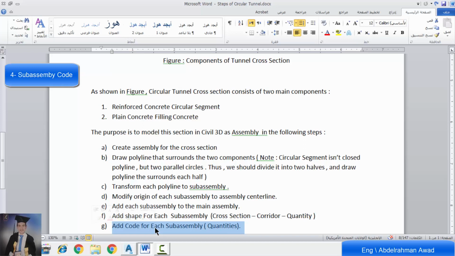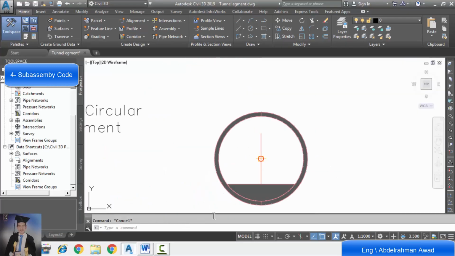So the last step is to add a code for each sub-assembly. In the last step, we click on sub-assembly and then select shape, and finally we name a code for each sub-assembly.